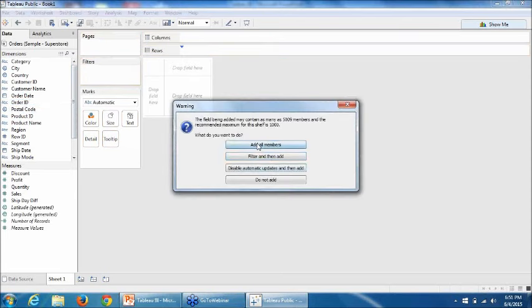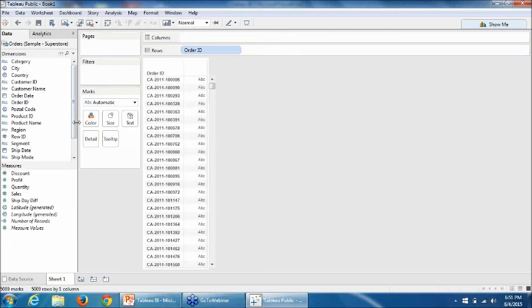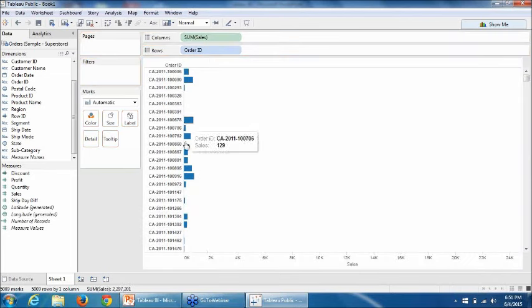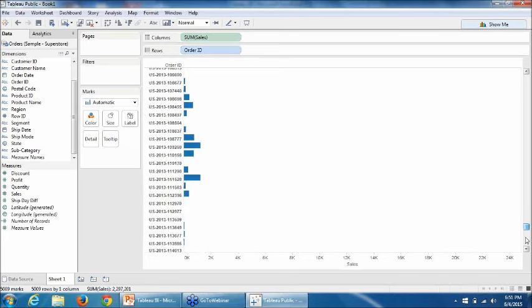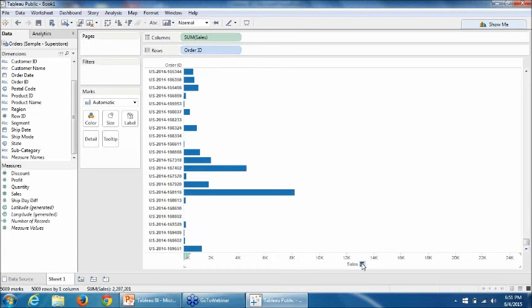Now I want to see the sales by the order IDs. So I will go to my measures, I'll pick sales and I'll drop it in columns. Now you will be able to see that by order, I am able to see the sales. If I just want to organize it a little better for the purpose of my visualization, I can just go here at the bottom of my screen next to sales.